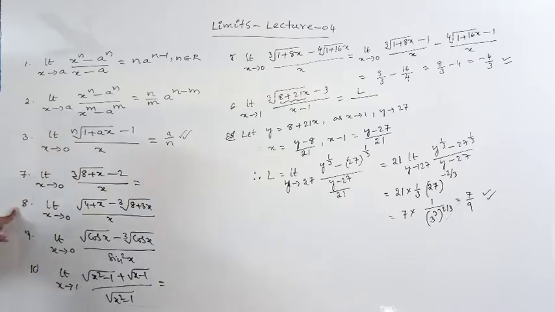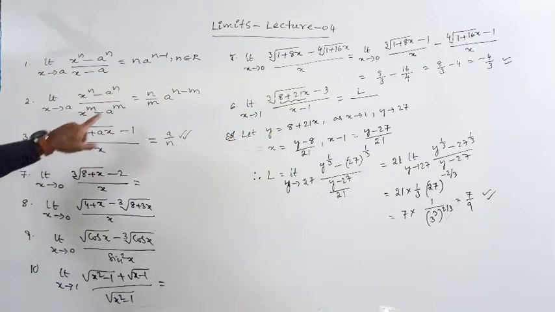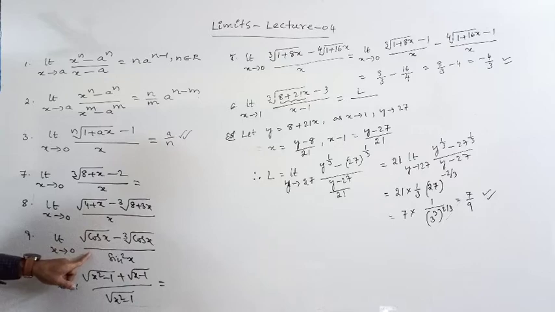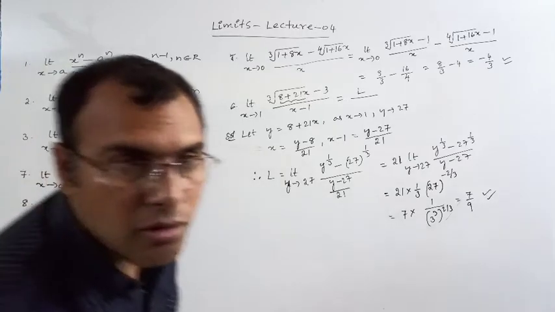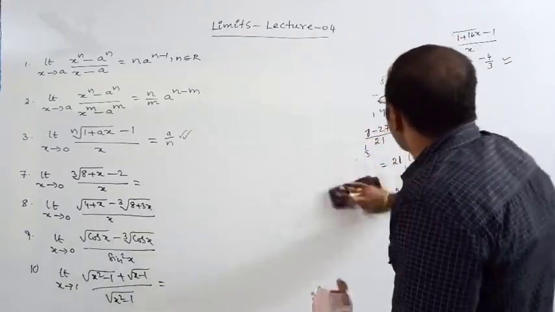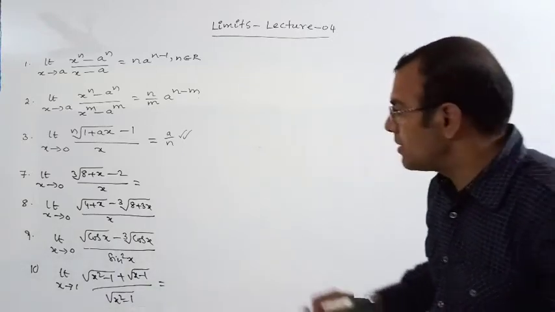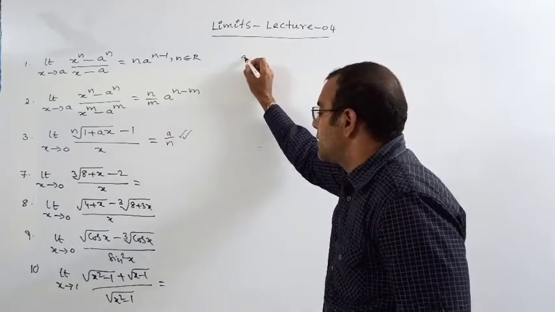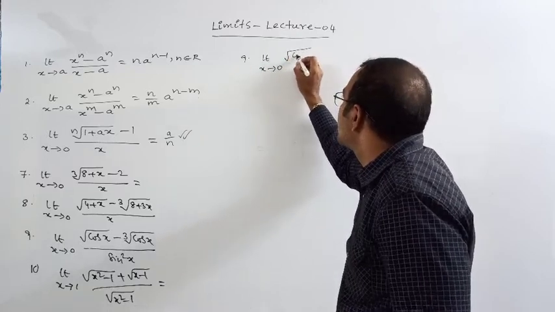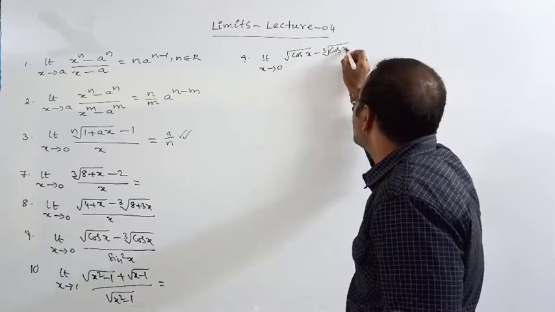So 7, 8 I won't solve. You can proceed in this way, or you can apply this formula, or you can use this concept everywhere, here also, here also. For this, how to do that 7th question. Okay, so I solve the 7th question because this is the first time you are seeing cos x and sin x appear. So here the question is limit x tends to 0, root cos x minus cube root of cos x by sin square x.